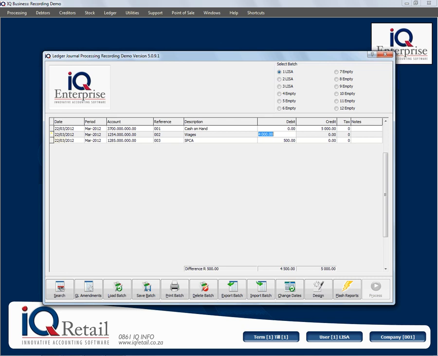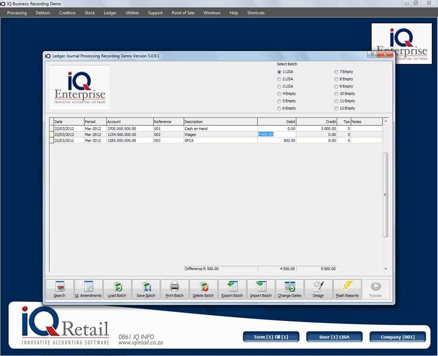You can select your date, you can select account, a reference, a description. You specify whether it's a debit or a credit transaction. You can specify the tax for that type of transaction, and then if you wanted a ledger note, you can add it. I will go through the options at the bottom as our explanation of the journals continues,